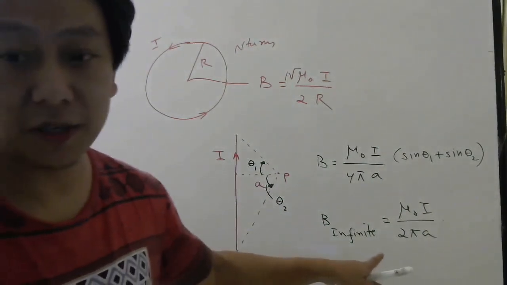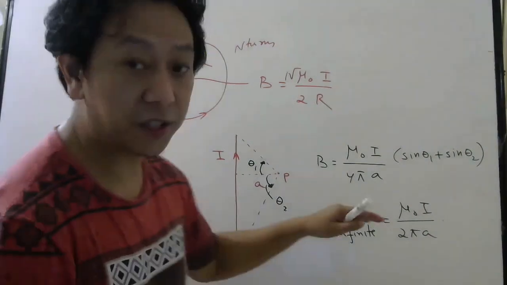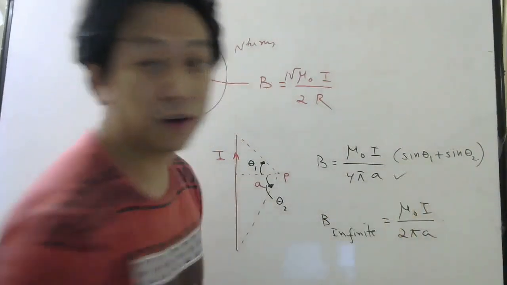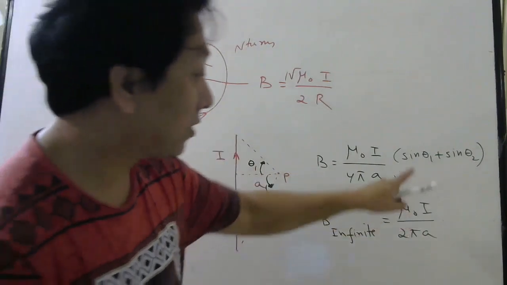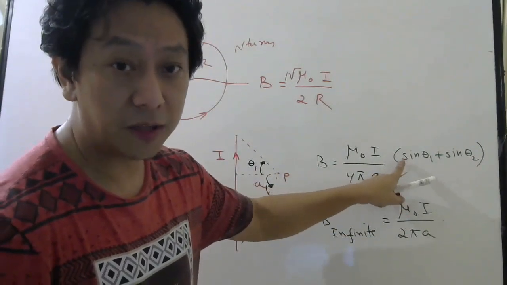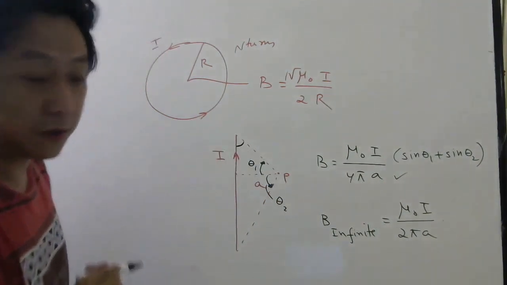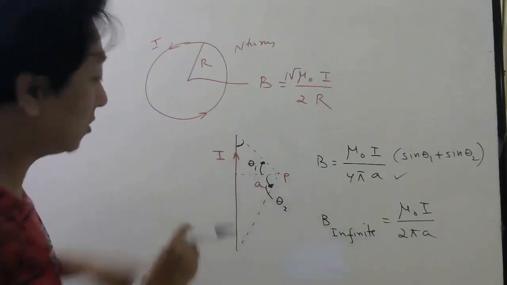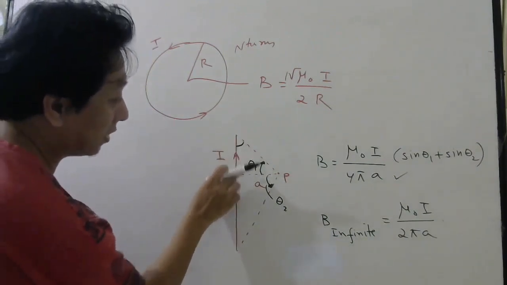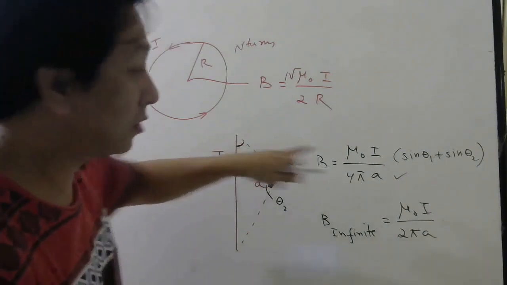Using Ampere's circuital law, we have derived this formula, right? So that is how you can check if you have written the correct formula or not. Don't write cos by mistake. In some textbooks, you may see cos here. The reason they write cos is because they measure this angle. So if you write in terms of this angle, then sine will become cos, because this is 90 minus this.